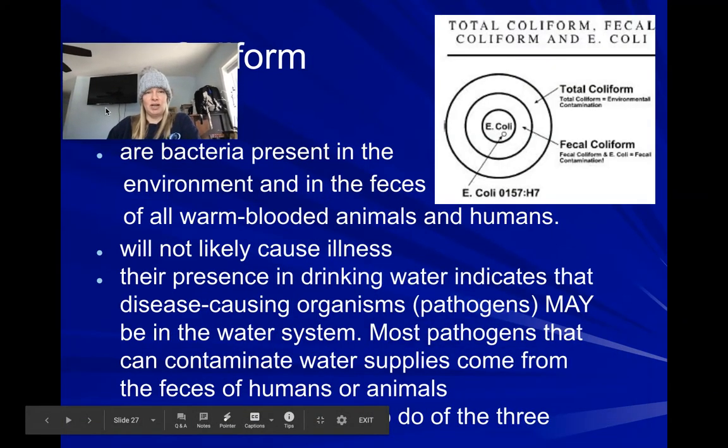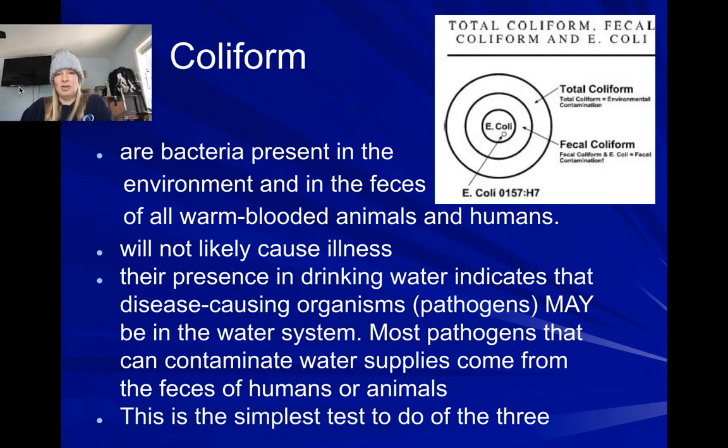This graphic we're going to go through really quickly. Basically, when they measure coliform here, they measure total coliform. You have fecal coliform as a subset of that. And then there's even E. coli, and one type of E. coli is actually a deadly form. So certain types of E. coli can be harmful. Some can be extremely harmful.